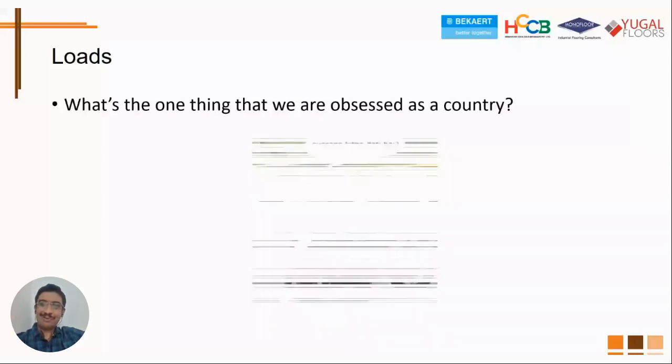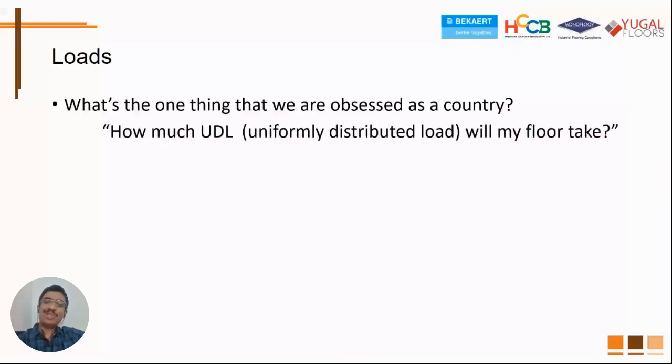Something similar is seen for flooring also. So, how much UDL will my floor take? This is a very common point that people ask. Now, this has unfortunately been ingrained in our mindset, and this is across the spectrum: contractors, consultants, clients, everybody uses this